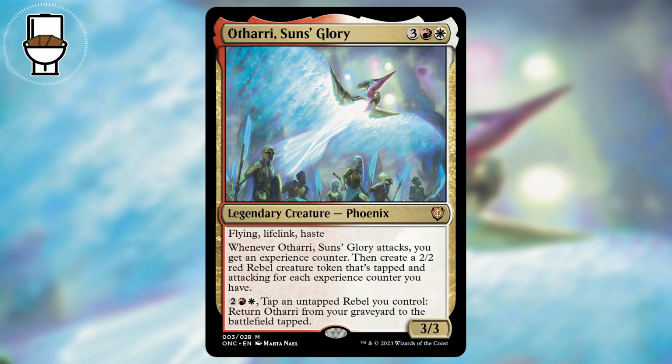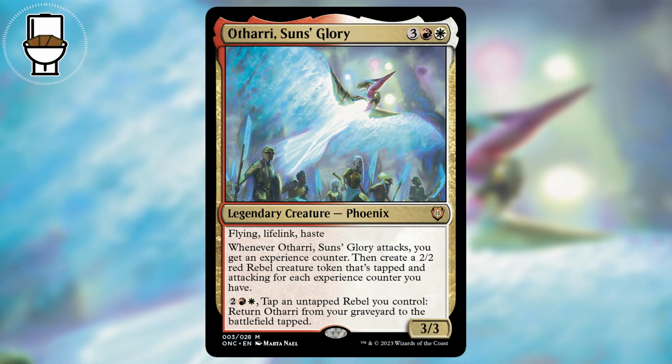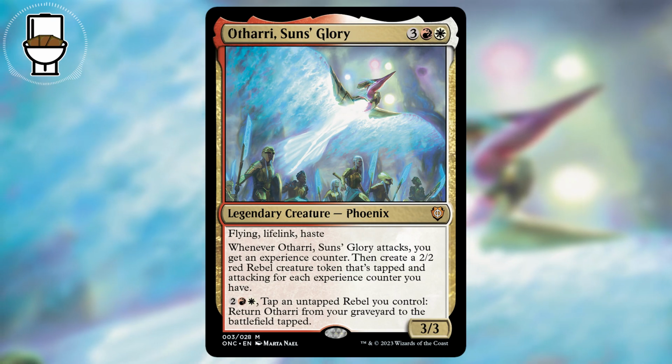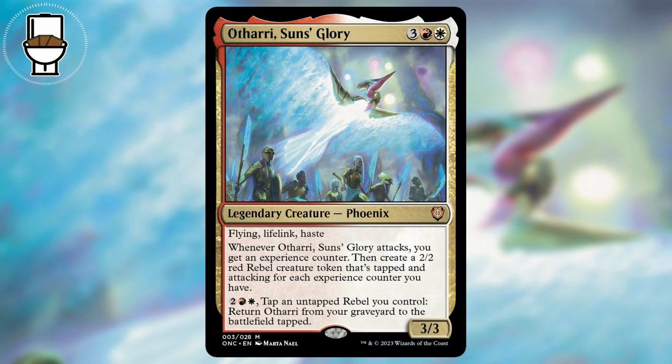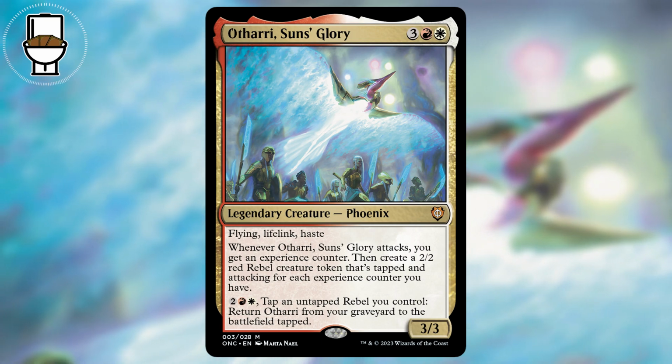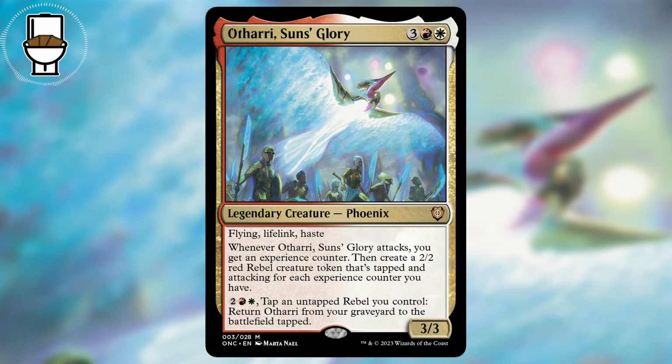You can pay 2, a red and a white, and tap an untapped Rebel you control to return it from your graveyard to the battlefield tapped. This ability doesn't have a timing restriction, so you can in fact do this at instant speed. It won't get you a block or anything, but waiting until your opponent's end step will let you untap with the pretty bird, Phoenix. So there are a couple of ways you can go about building this deck,